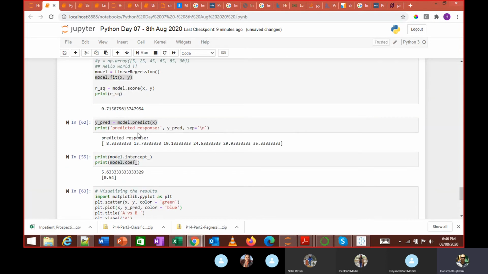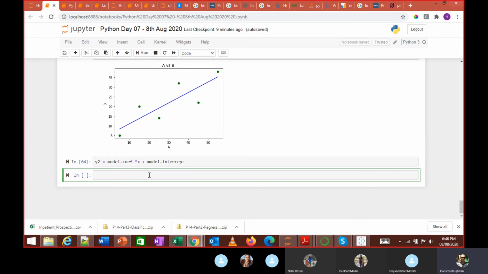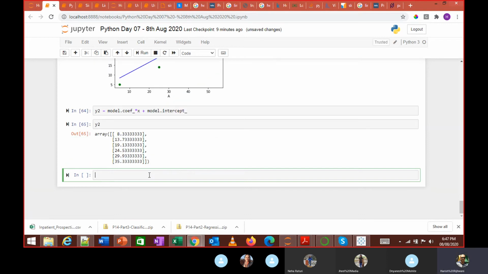Let's see if this works. Plus this. Same thing. Do you see the same values?